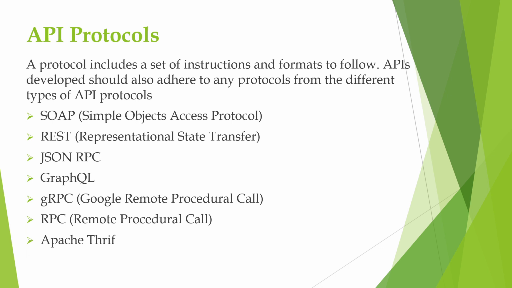There are different types of API protocols like SOAP, REST, JSON, gRPC, GraphQL, XML, Apache Thrift. Like this, we have so many types of API protocols. In that, two main API protocols are SOAP and REST. SOAP is the abbreviation of Simple Object Access Protocol, and RESTful web service is the abbreviation